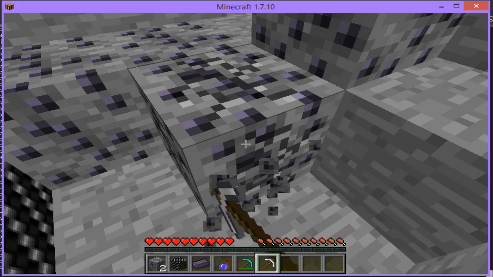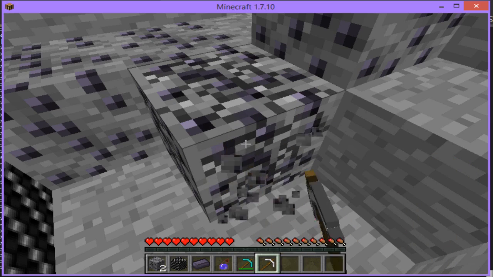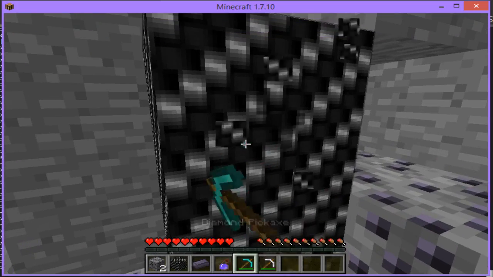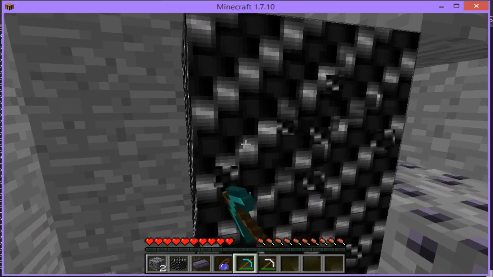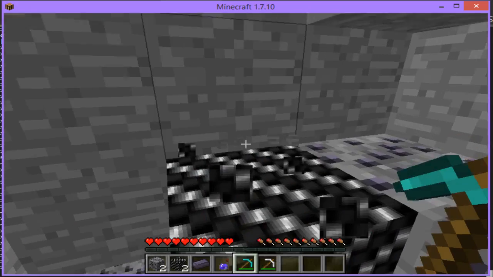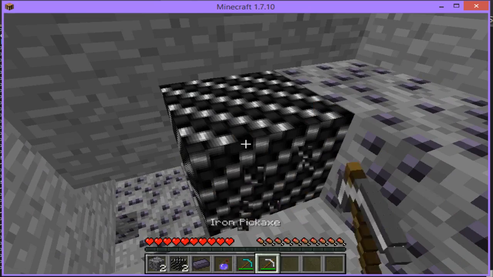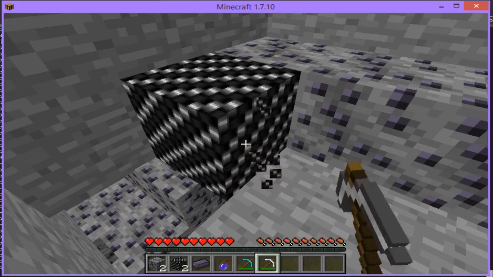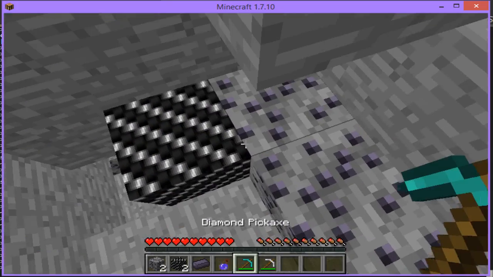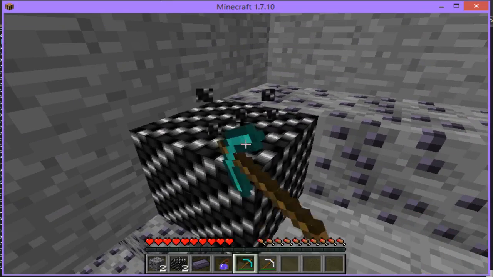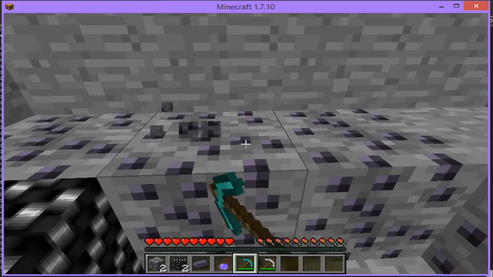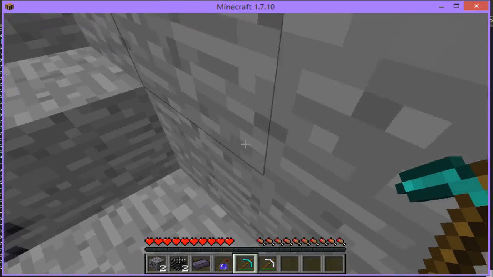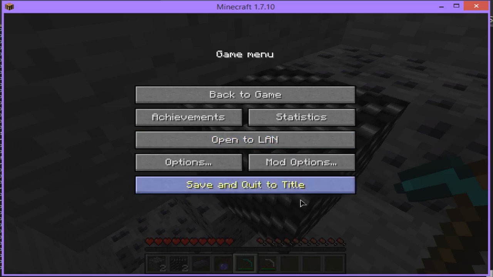Alright, so we're finally at the end, and it does not drop anything, so that's good. And then this is a bit harder than that as well, and it's quite annoying to break. And this, let's just assume that it's not going to break with this, because honestly, who wants to sit here all day just trying to break it with that anyways? So I think since this is very hard to break, we might be able to put this down to this level. And yes, it is sort of bedrock level. I might actually make it a bit more rare to find, but